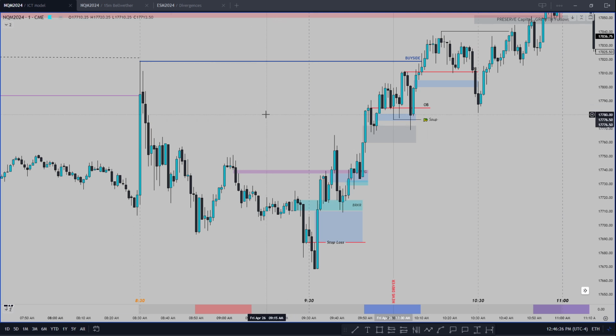So figure out what timeframes work for you and just stick to those for a couple of weeks, maybe even a month. You're not going to miss tons of stuff, but don't go smaller than the 15-minute chart to find a draw on liquidity. 15-minute chart should be your lowest you're going to go to find a bias. Anything higher than that is great, especially when you want to find larger trades. Then yeah, you can look at the weekly, look at the daily. Even if you just want to do it on Monday, or maybe just in the beginning, what's the daily chart likely to reach for? Just so you have maybe a bias,